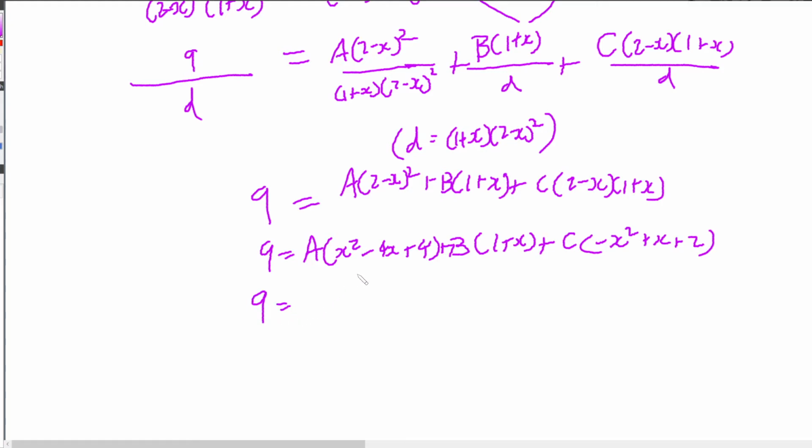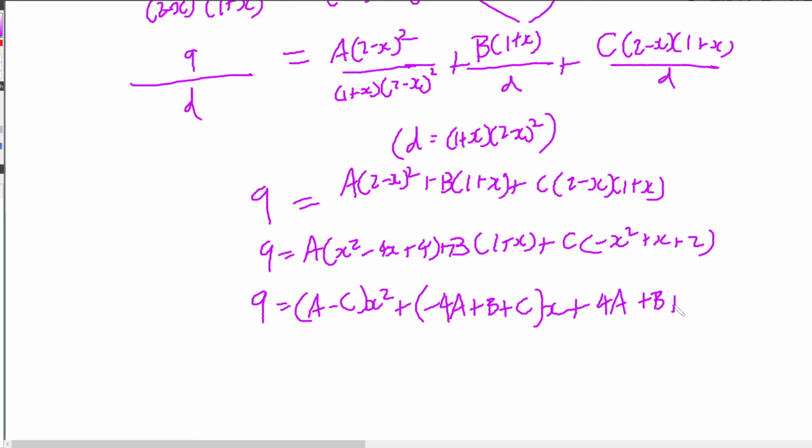And so if we regroup these terms into terms containing an x squared, terms containing an x, and terms containing a unit, then we find that (a minus c) x squared plus, what's going to be the x? (minus 4a plus b plus c) x plus, what are the constant terms? 4a, b, and c. 4a plus b plus 2c